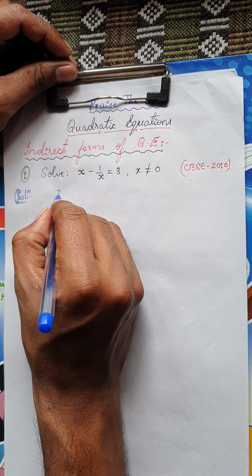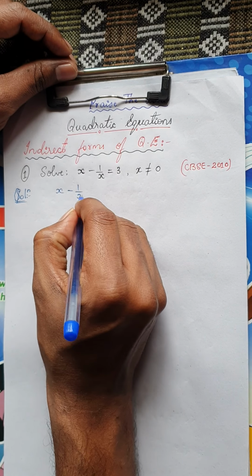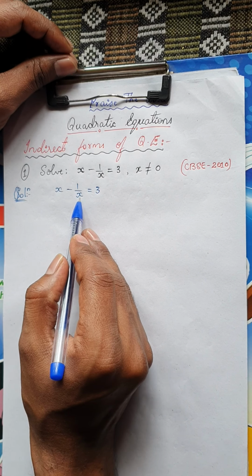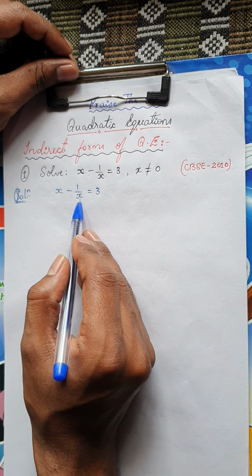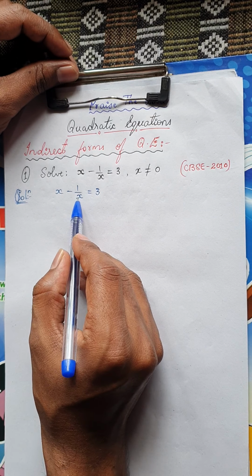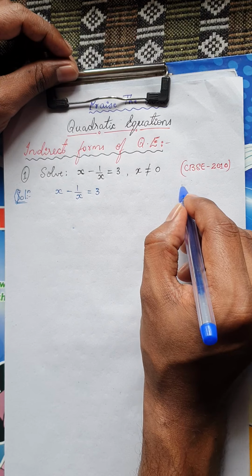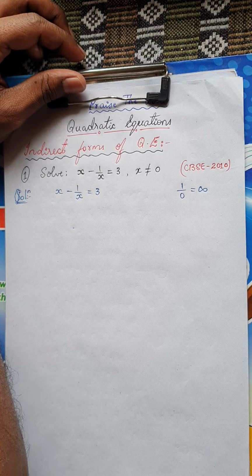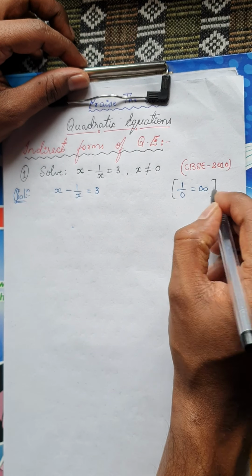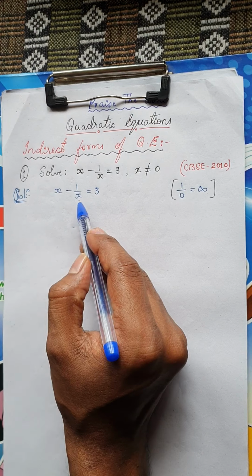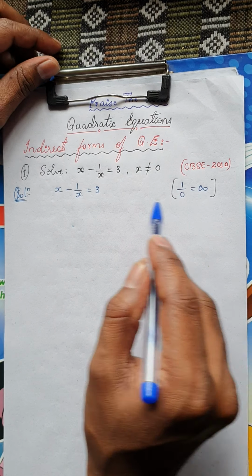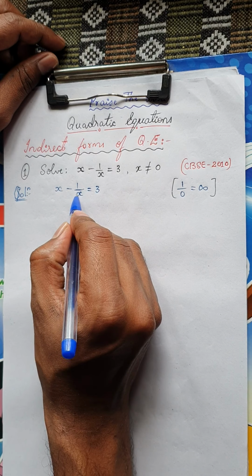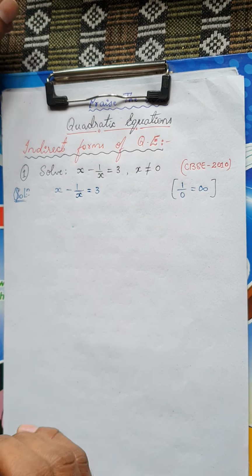So the given equation is x minus 1 by x is equal to 3. Remember, he has given a condition x not equal to 0. Why x not equal to 0 is, if x is 0, you get a term here as 1 divided by 0. Remember, 1 divided by 0, we define as something called indeterminate form. So wherever we get denominator equal to 0, we get an indeterminate form. So we restrict the condition in such a way that the denominator is not equal to 0. Okay, let's directly get on to the question.